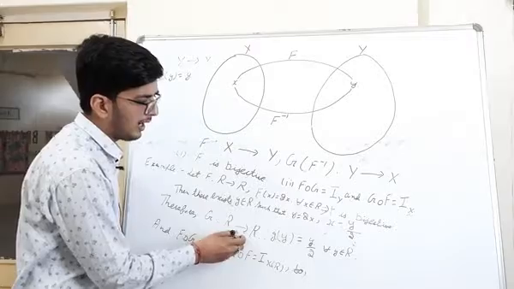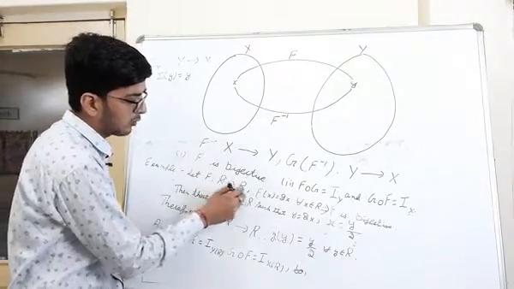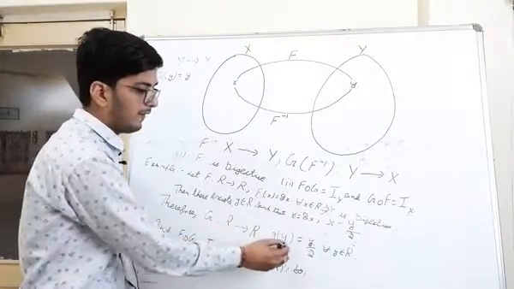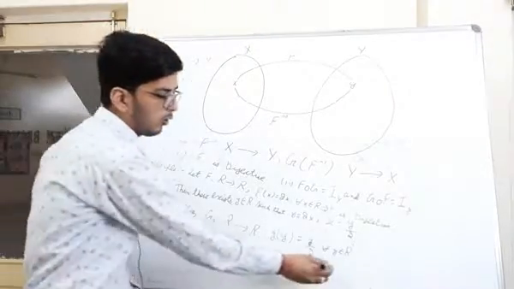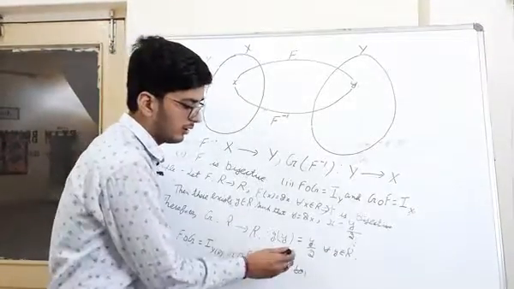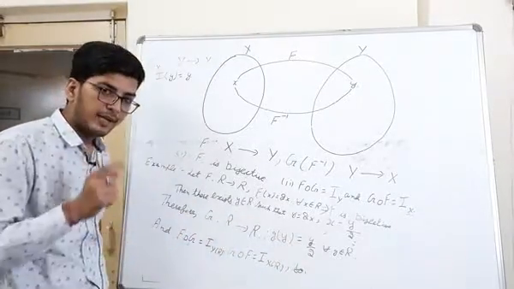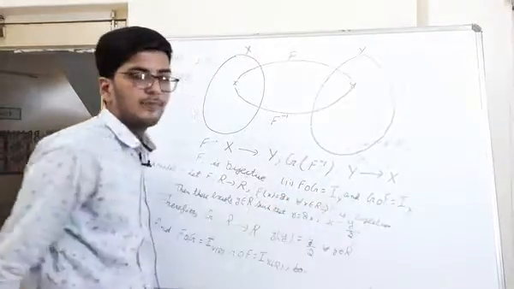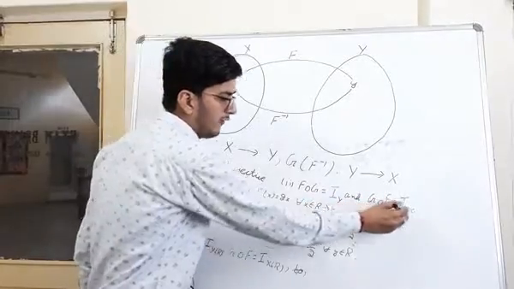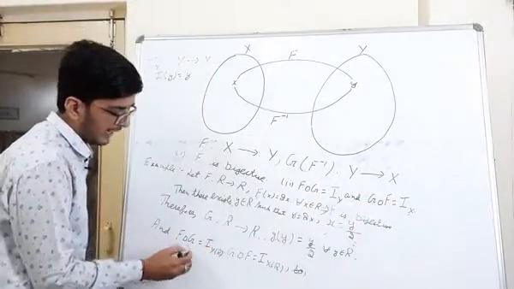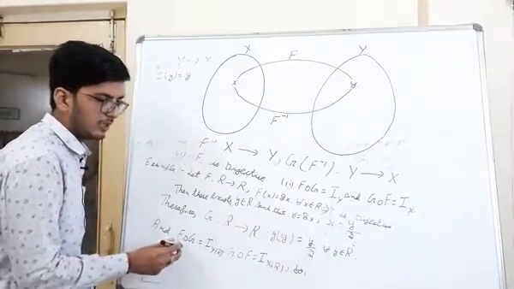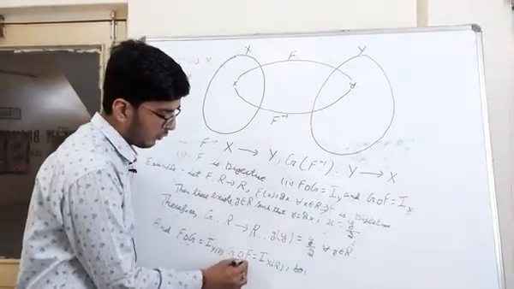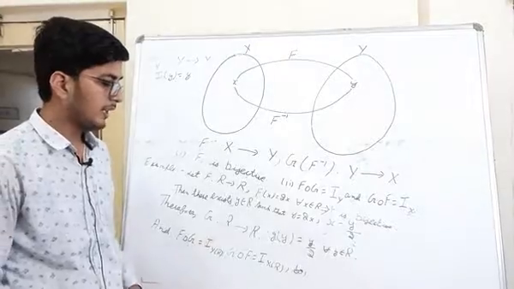Why from R to R? Because our domain was R and our codomain was also R. So g will be from R to R, and g of y will be y by 2 for all y belonging to R. This is the inverse of f, but we will call it the inverse only if it satisfies these two conditions: that f of g must be the identity function on Y and g of f must be the identity function on X. You can check that it satisfies these, with f of g the identity function on Y, which is now R, and g of f the identity function on X, which is R.